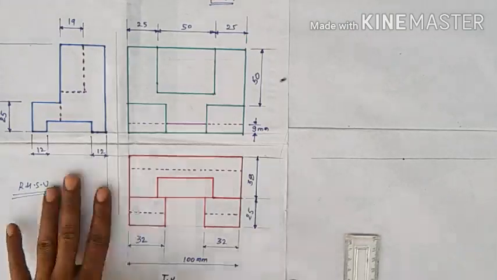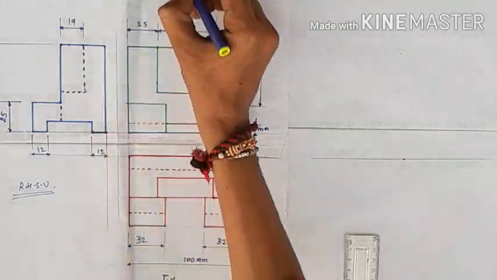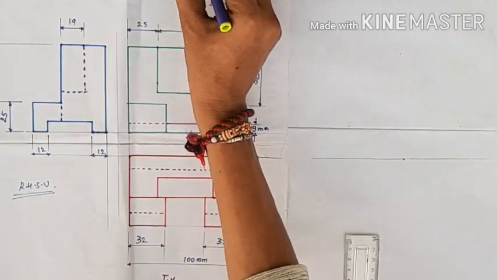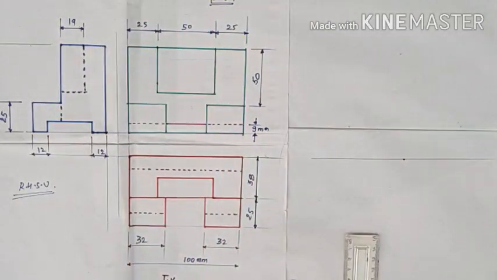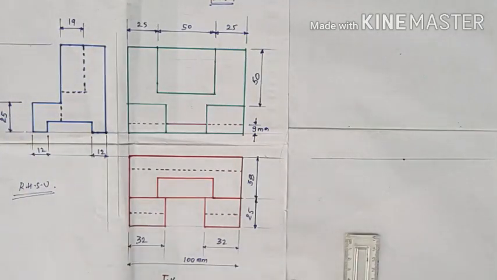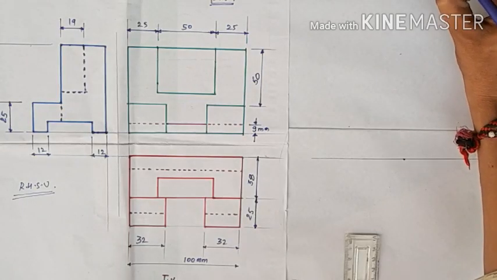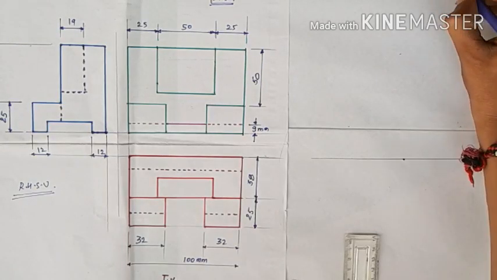Next, first we understand the complete rule of isometric projection and the angle which we use for making it. Here again we use the first angle projection method. According to the first angle projection method, the left hand side view is drawn to the right hand side, and the right hand side view is drawn to the left hand side. Here we take the three main dimensions: length, height and width.